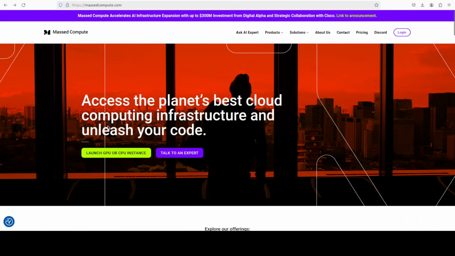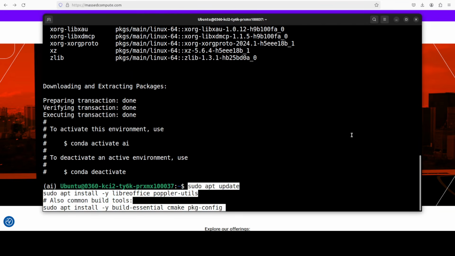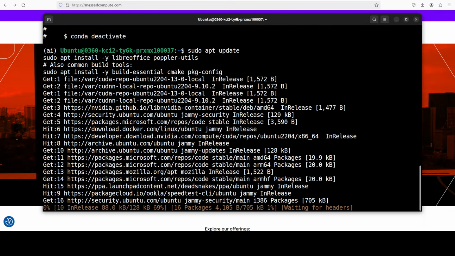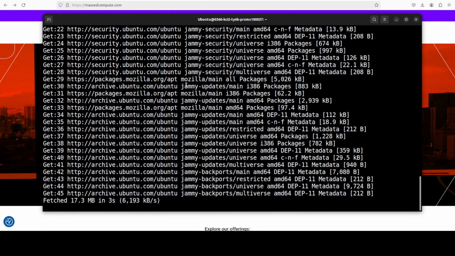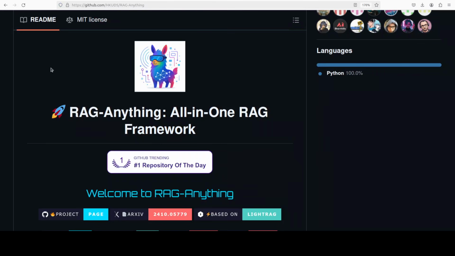And that is done. Let's now install some of the prerequisites. So I'm just updating the system and then installing some of the prerequisites which are required. While that happens, let me give you a very quick rundown of this tool, as the tool seems quite promising